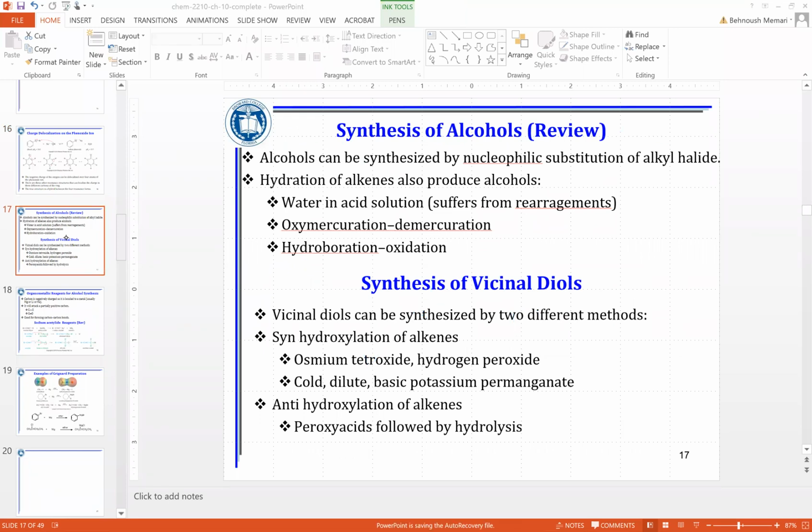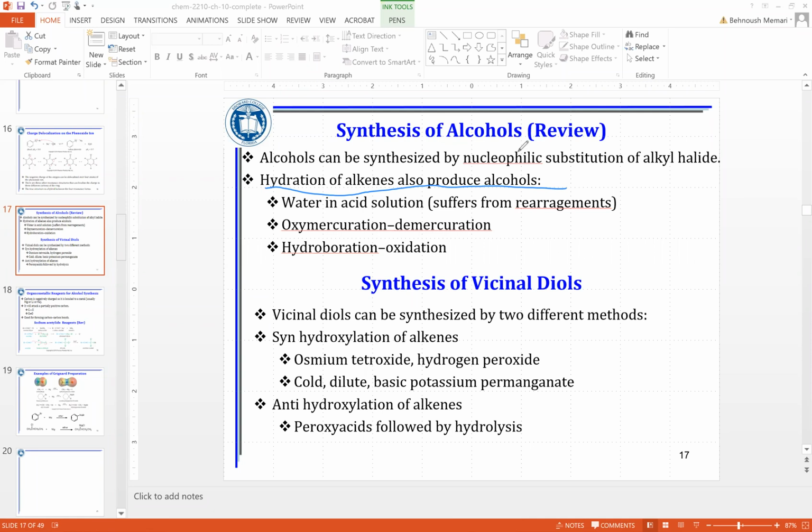Okay, so we talked about nomenclature and some physical properties and acidity of the alcohol. Now, preparation of the alcohol, how would you prepare it? I think we already discussed that reactions of alcohol would be covered in the organic 2 class. So preparation of the alcohol, one method was hydration of alkene. If you remember from chapter 8, which you have to remember for your exam next week,